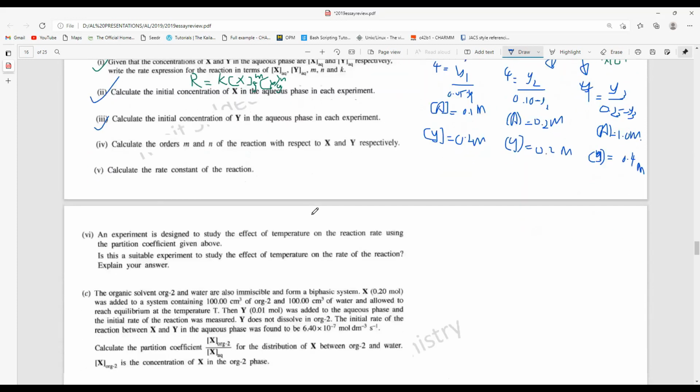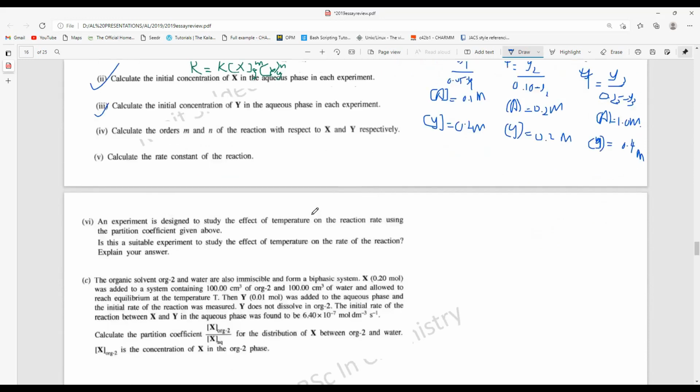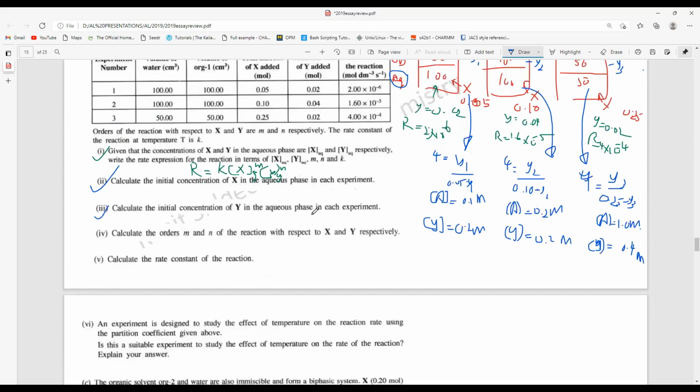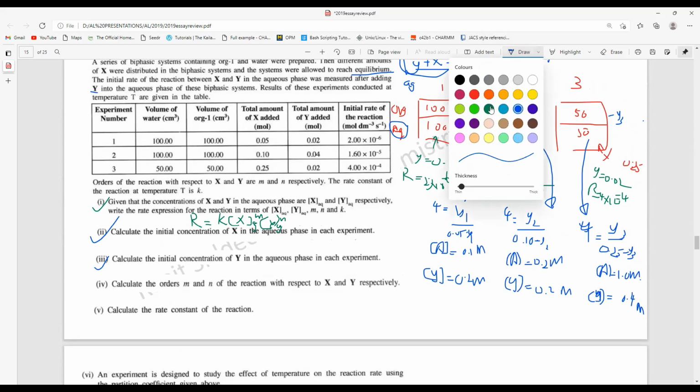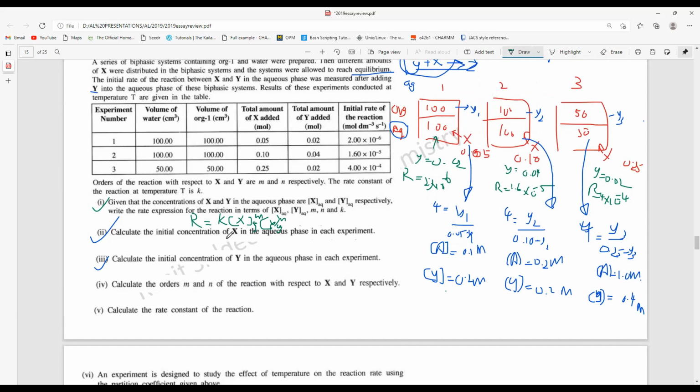So how can I find that one? It is not a big thing. It's not a big deal because for each test, now you know what the rate equation could be. That's the idea, okay? Because our rate expression is this one. So based on that, for the first test, I can write down 2 into